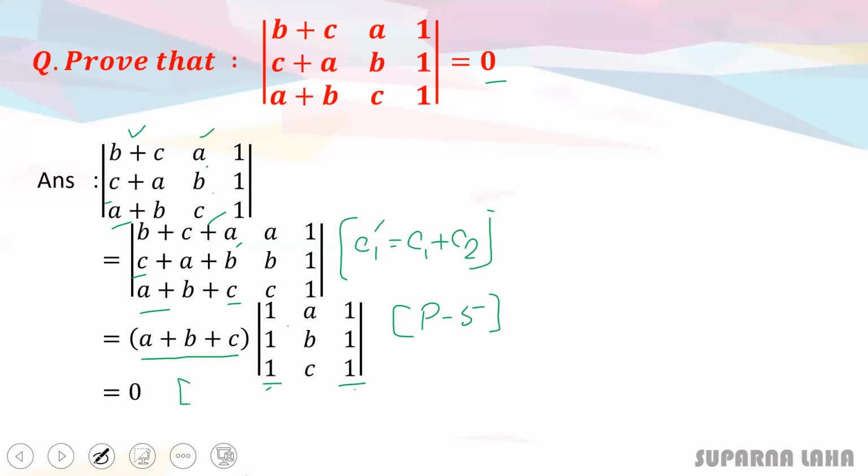So what property are we using? Property number 2. No need to write down this property number 2, 5. Just write down the property after using it. Here I'm just writing the property number, and in that place you can use this. You can write down the property, that is this C1 is equal to C3. Or don't write C1 is equal to C3, this is not proper. Write down this column 1 and this column 3 are identical.